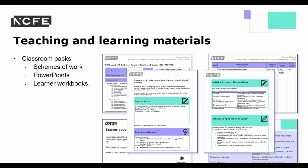There will be comprehensive workbooks to complete to the scheme of work, which will contain classroom-based activities to recap and assess learning. The workbook will also include independent study tasks that can be used as homework or flipped learning opportunities, whatever you decide. Furthermore, the workbooks will contain learning roundups, which will be short formative assessments for the learners to